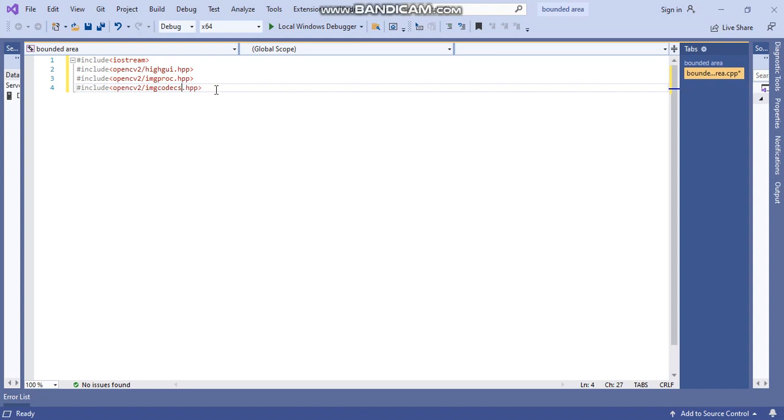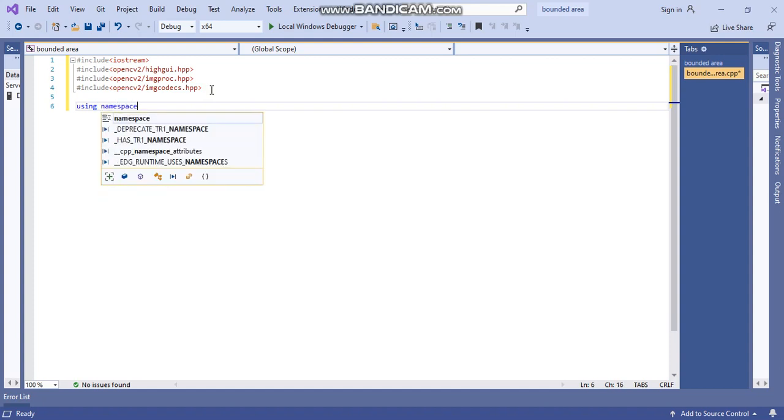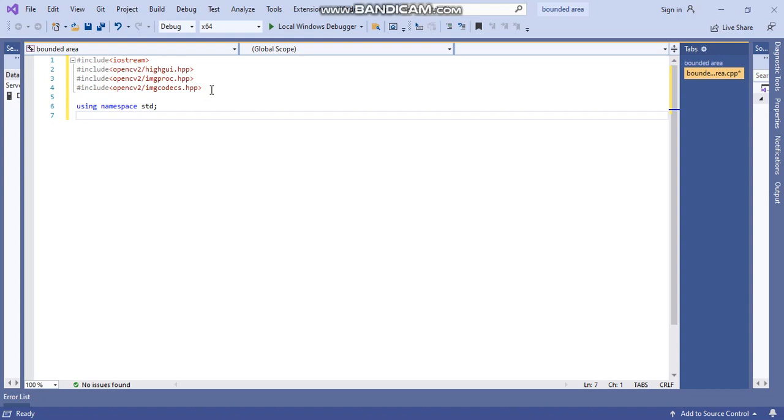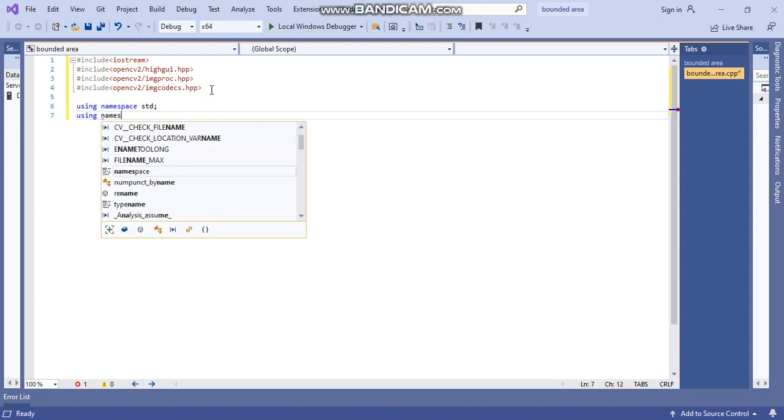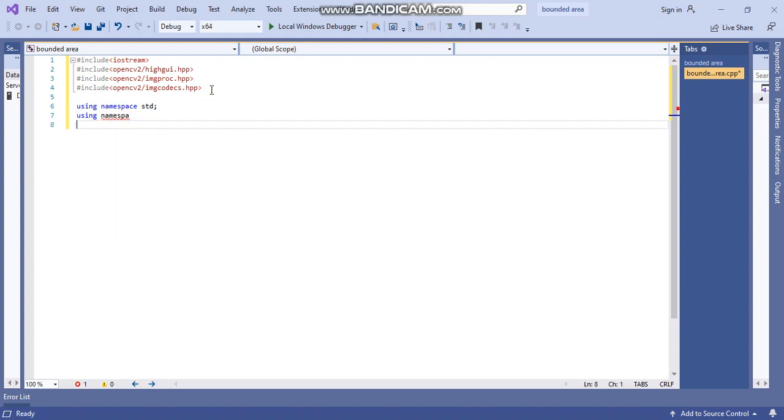So these are the libraries which are needed, and then you can write using namespace std, because we'll be using cout, and then using namespace cv.